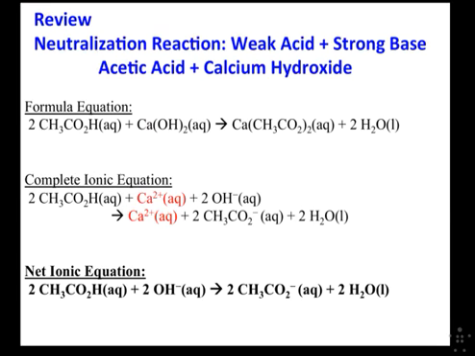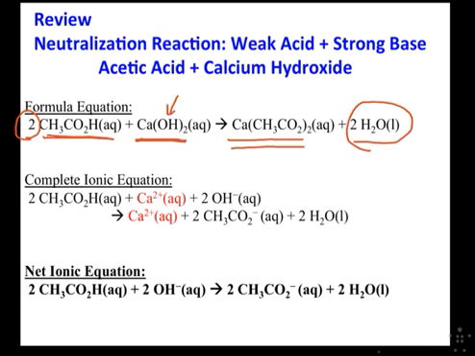So here we've got the balanced chemical equation. We've got the reaction of acetic acid with calcium hydroxide, and when we balance it out, we have to have a 2 in front of the acetic acid in order to react with these 2 hydroxide ions. And then that gives us 2 waters, and we get calcium acetate at the end. And there's got to be 2 acetate ions for every 1 calcium, because calcium is 2+ and acetate is 1-. Okay, so again, the acetate ion is this